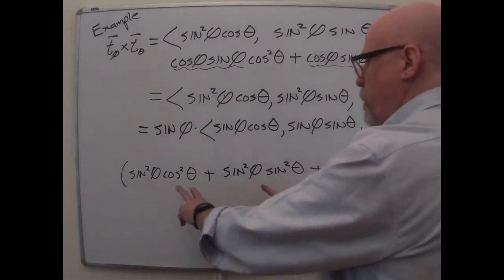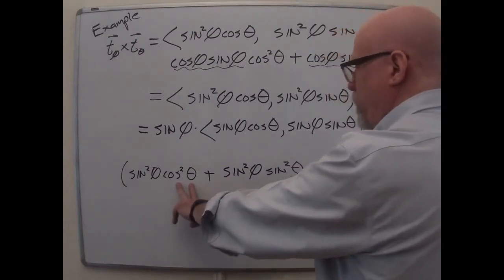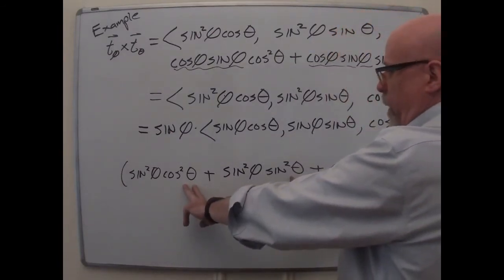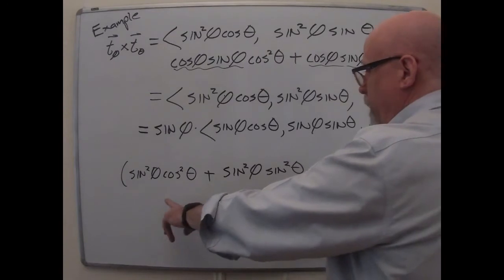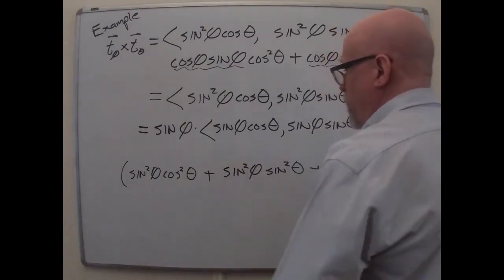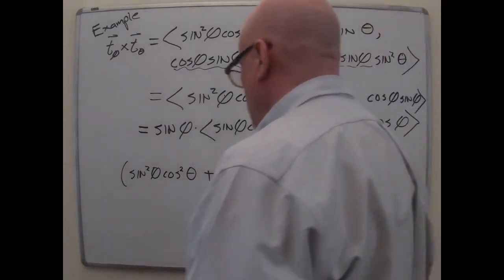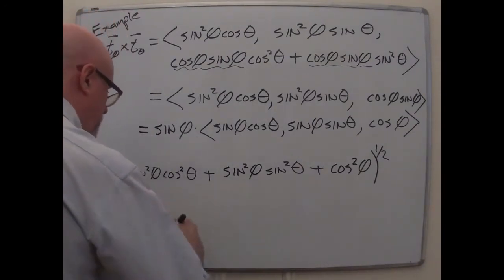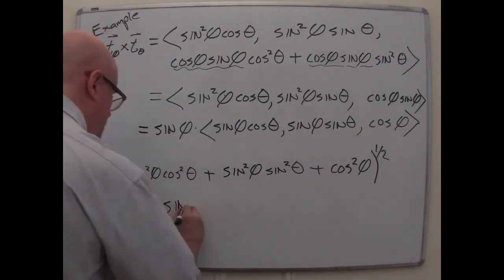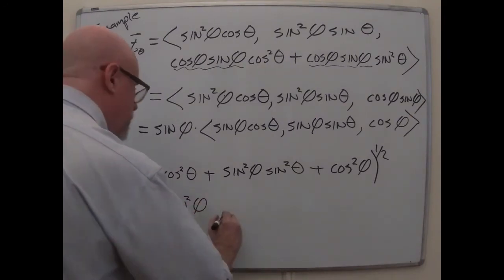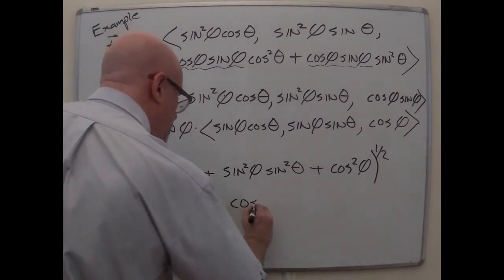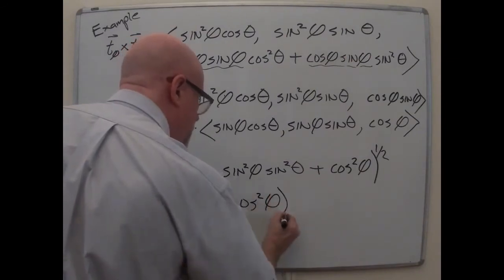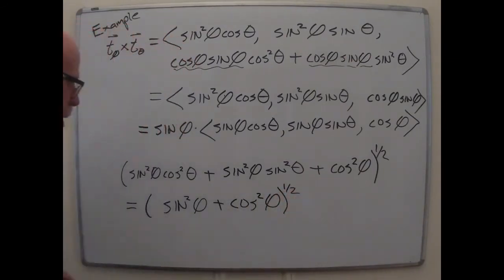You see the first two terms have cos squared and sine squared in them? So you're looking for a Pythagorean identity to simplify that? Yeah, it's perfect. The other thing they have in them is sine squared phi. So this is equal to the first two terms combined to give you just a sine squared phi plus cos squared phi, to the 1/2 power. And finally, that's 1 to the 1/2. This is 1.